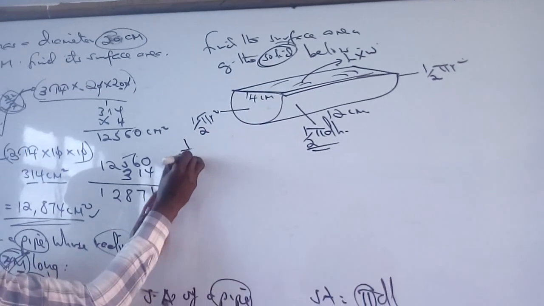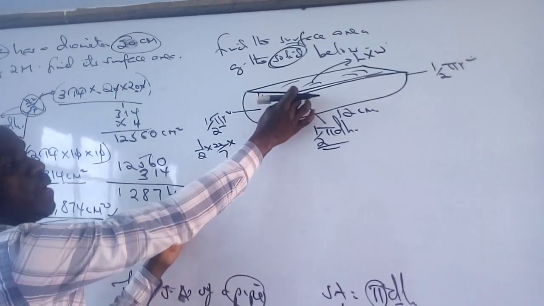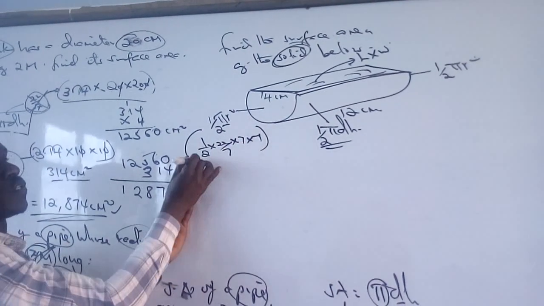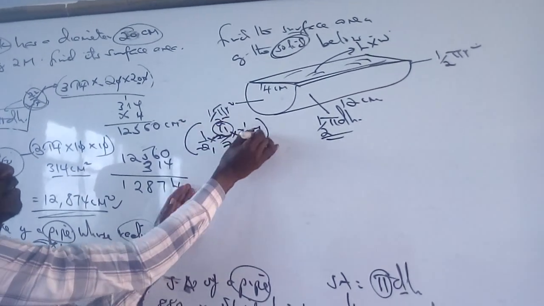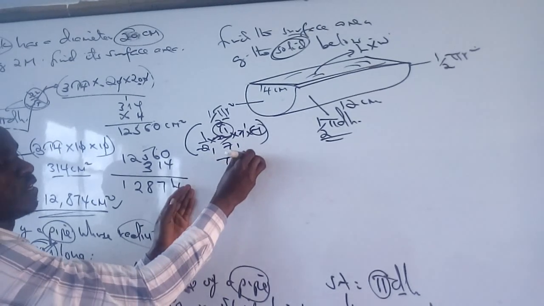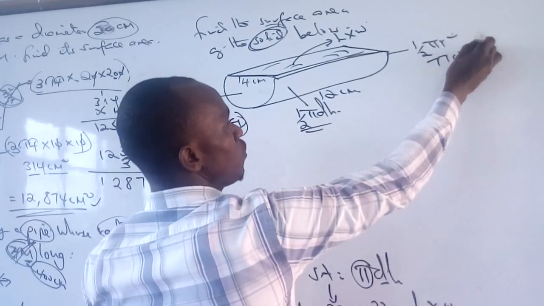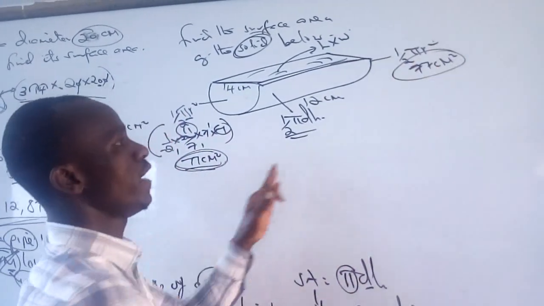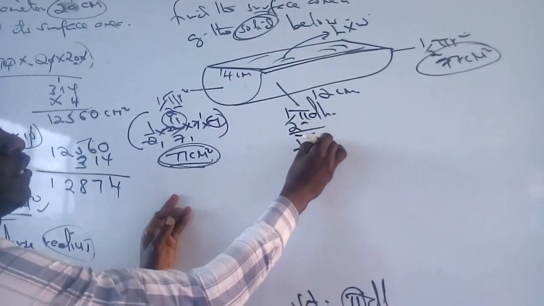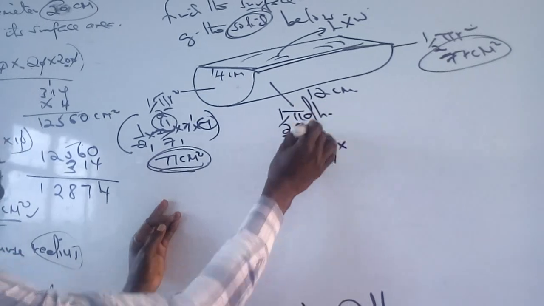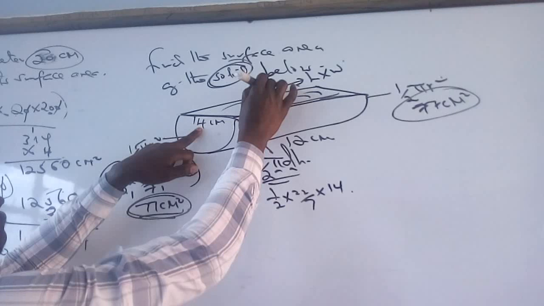The first one, it's a half times pi, 22/7, times radius, diameter 14, radius 7. So this one, 11 by 7, 1 by 7, 1. 11 times 7, 77 centimeters squared. This semicircle is the same as this. So that means they have the same areas. I'm done. We have the last, this one, a half pi, 22/7, diameter 14. Our height, we have been told it is 12.